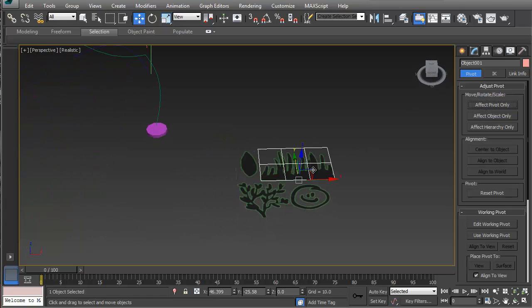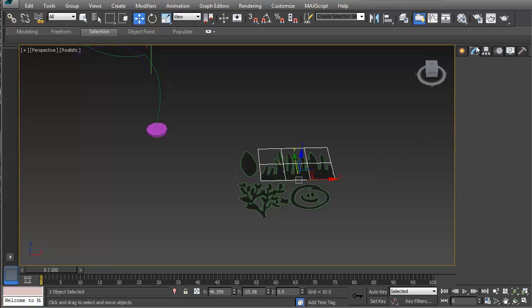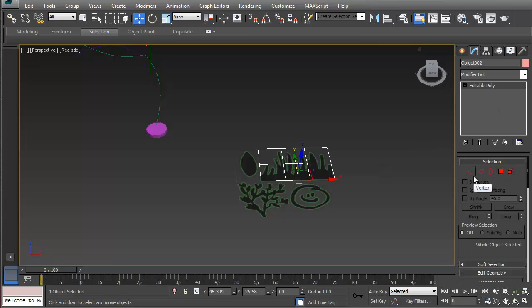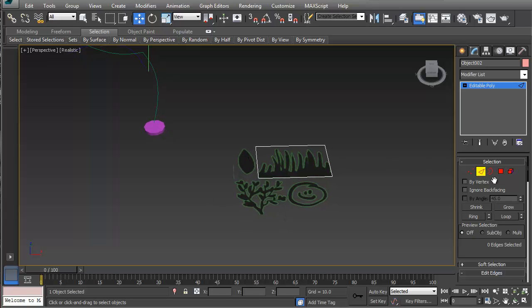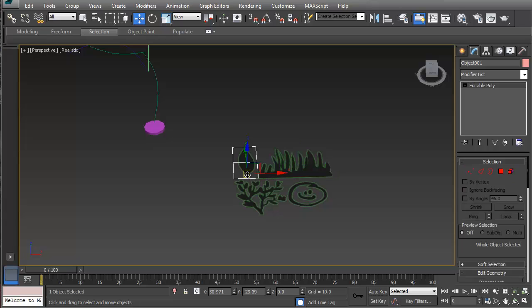So again, we go in here. If you want, you can tweak some of the stuff. You can go in here and clean up this. It really depends on what kind of poly count you're looking at. But for all intents and purposes, now this I can actually move away off to the side,